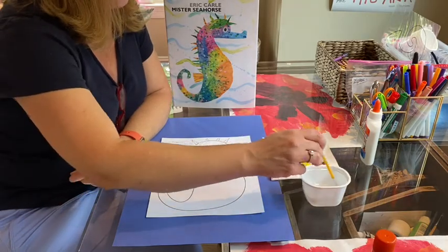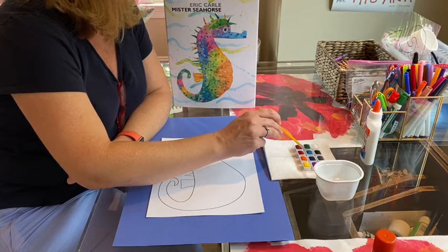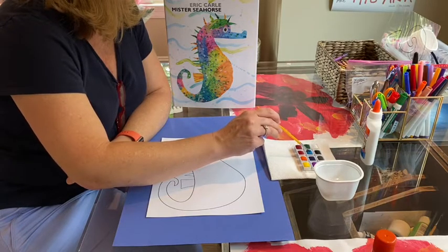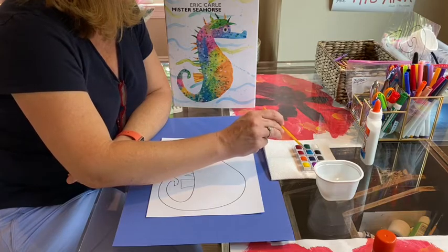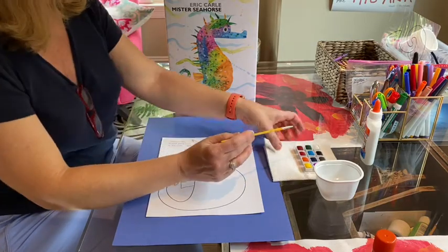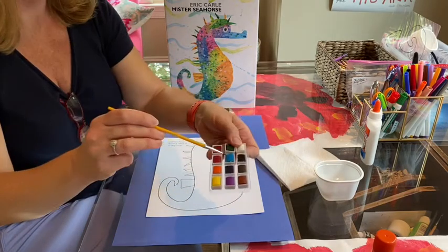So let's say I want to start with blue, okay? So I'm going to dip my brush into the water, and then I'm going to just brush it over the surface of my blue. And what you can see happen, and I'm rubbing it quite a bit. That may be a little hard for you to see. I'm going to pick up my little tray. Okay,